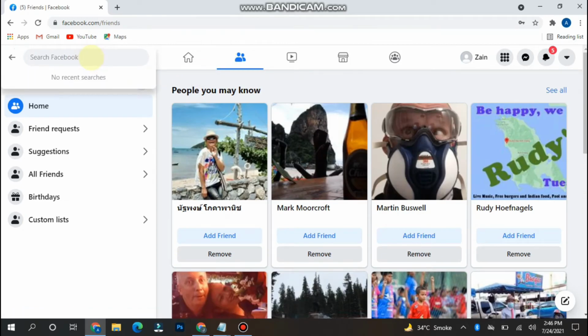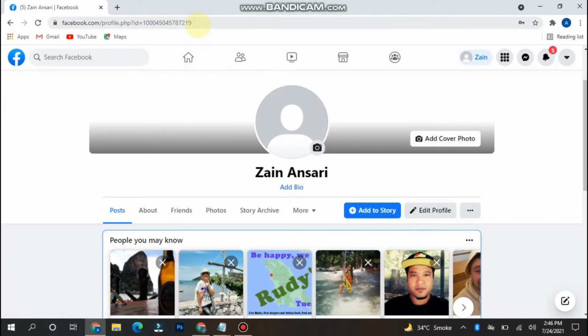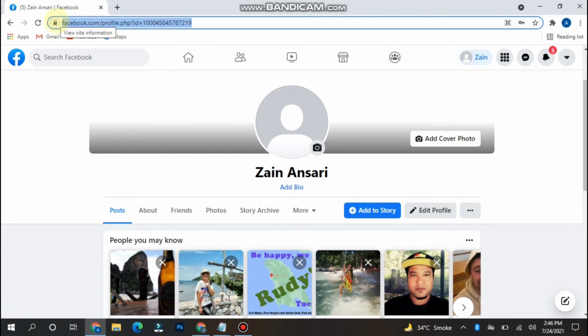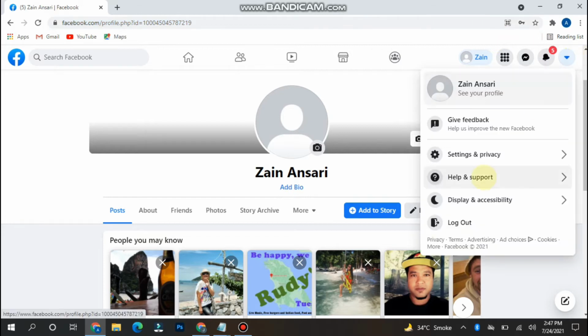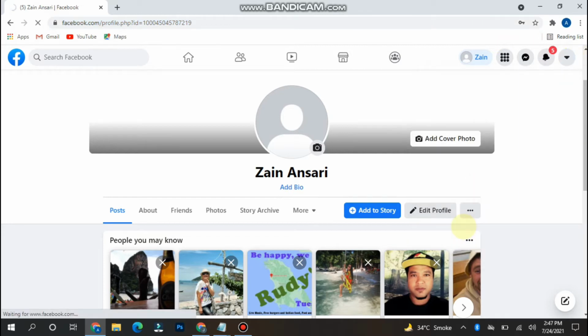Here you have to enter the username of the id, and once you search for it you have to copy this link. Right now I am on my laptop, but you can follow the same procedure for the mobile. I do this on my laptop for your better understanding. So copy this link, and now you have to go back and click on the logout.